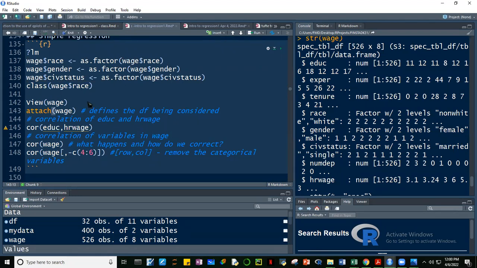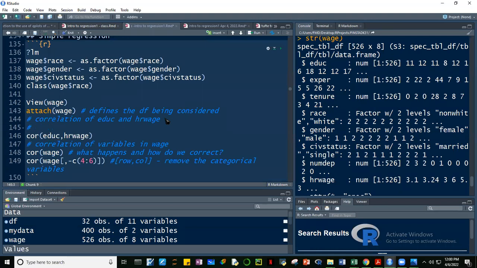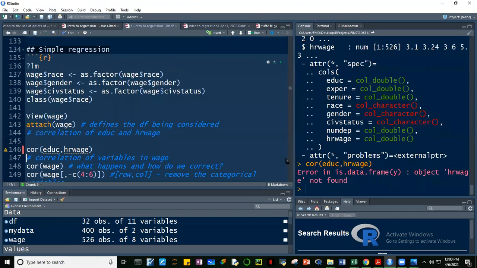So pag ginamit natin attach, okay, sandali ha, hindi pa natin na-attach, di ba? So if I get the correlation between education and early wage, mag-error siya. Mag-error siya. So if I attach wage,